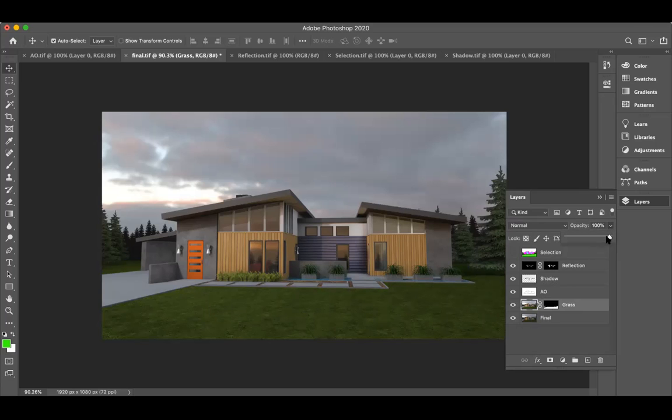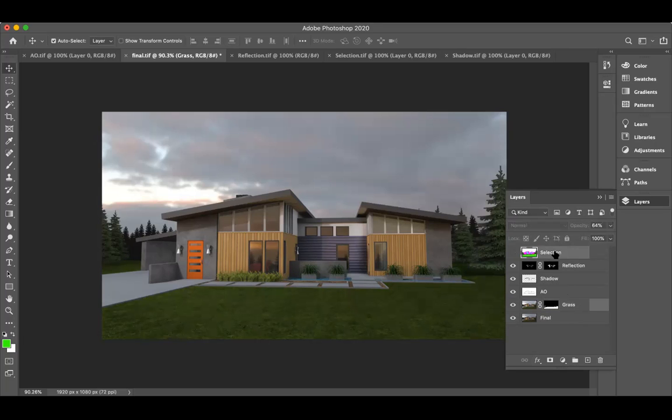So now look at here. I want to just work with some opacity. Yeah, this is fine. So this will be my final output. This is the output which I was expecting, with the grass layer and without the grass layer. So you can find the difference. Now this will be my final output.